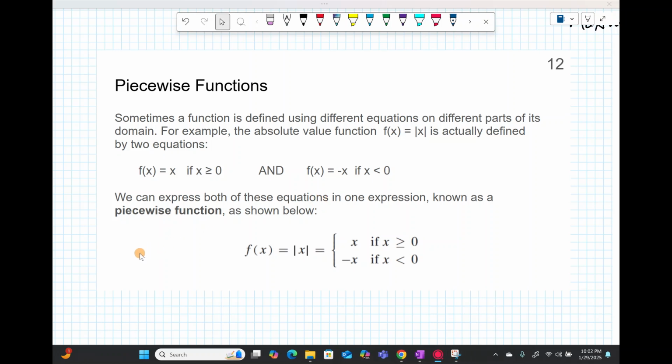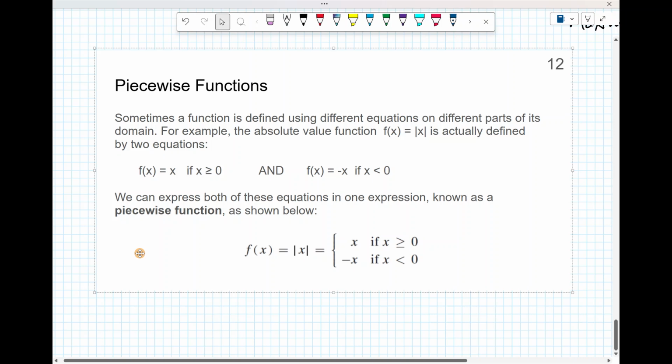In this video, we are going to talk about what are called piecewise functions. Sometimes a function is defined using different equations on different parts of its domain. For example, the absolute value function, f of x equals the absolute value of x, is actually defined by using